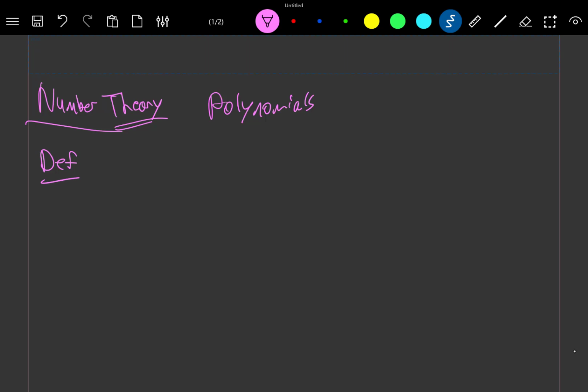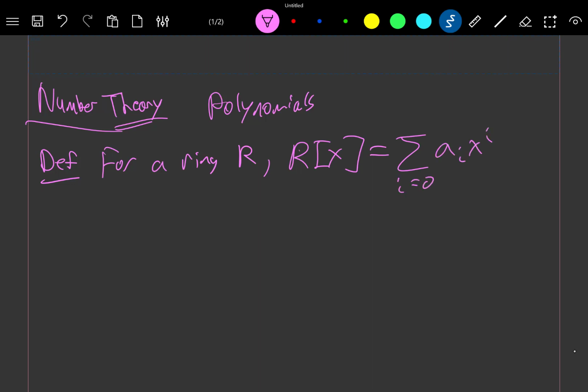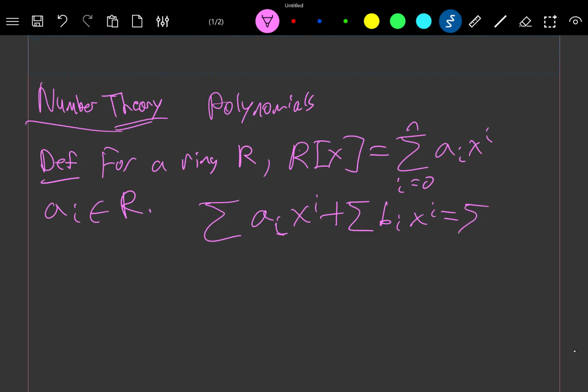First, let us define what a polynomial is. So for a ring R, the polynomial ring is going to consist of elements which are formal sums, where each coefficient lives in the ring R. And this is a ring where if we take two of these formal sums, a_i x^i and b_i x^i, then the sum of them is just going to be (a_i + b_i) x^i, and if we take a product of them,